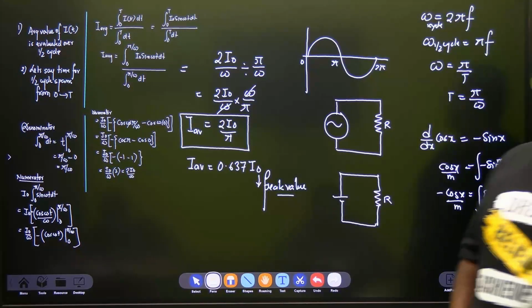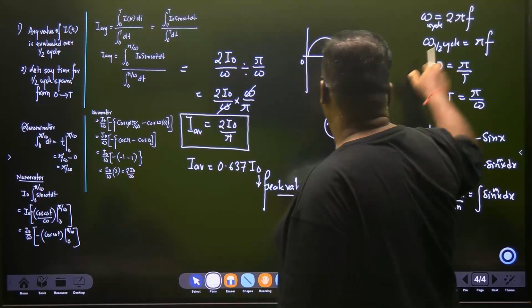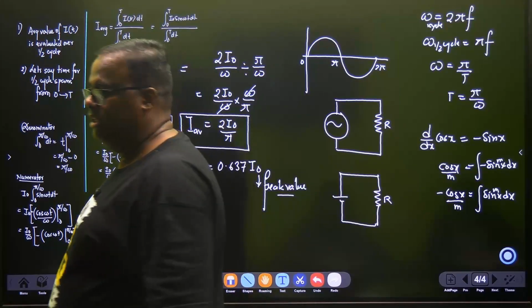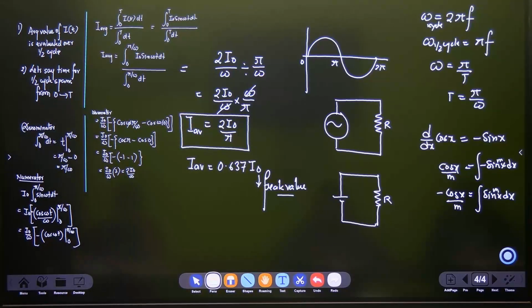The word sinusoidal is important, because only if it is sinusoidal do you get this value, otherwise the integration will be different. The average value of a sinusoidal alternating current given by the function I at t equal to I0 sine omega t,